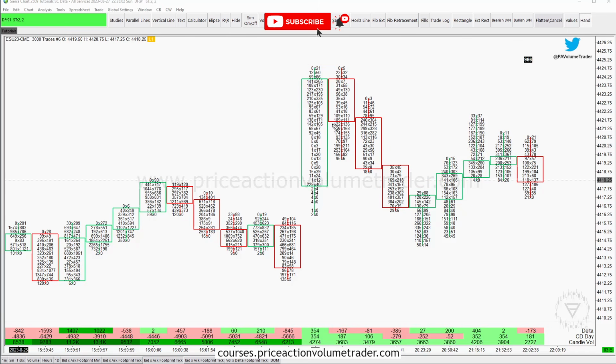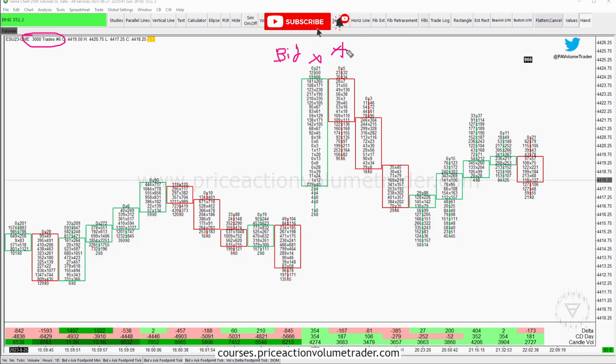Okay, as you know, footprint charts are one of the most valuable order flow tools that I use in my day trading. In this case, this is a 3000 tick chart, which is my favorite chart to use when I am doing day trading in the S&P 500 market on the CME futures. And what we have here, you can make different configurations as far as what the columns show, but this is the most basic setup where you have bid,